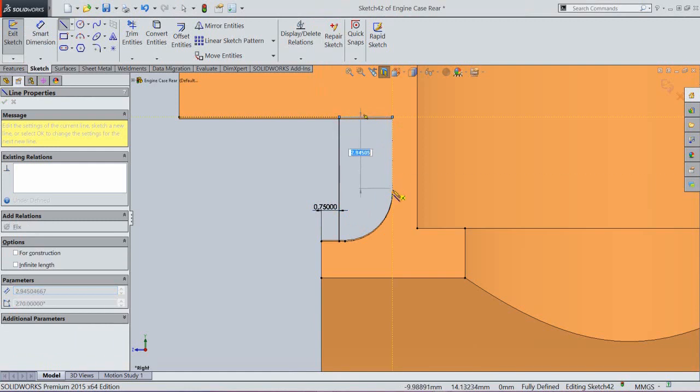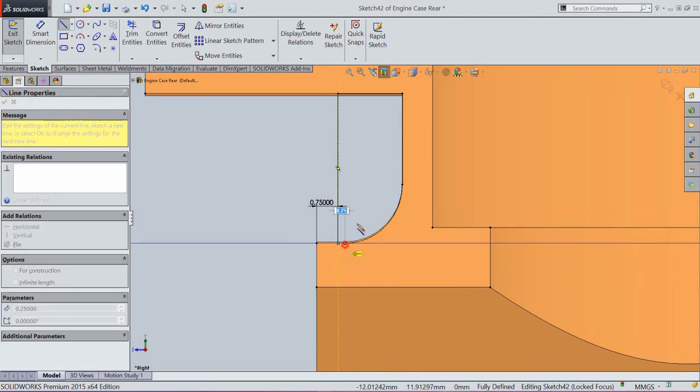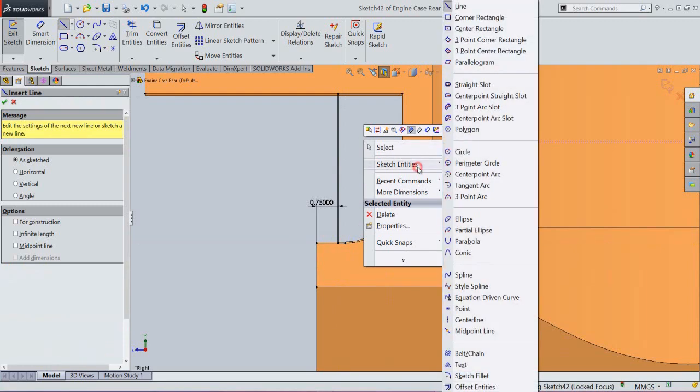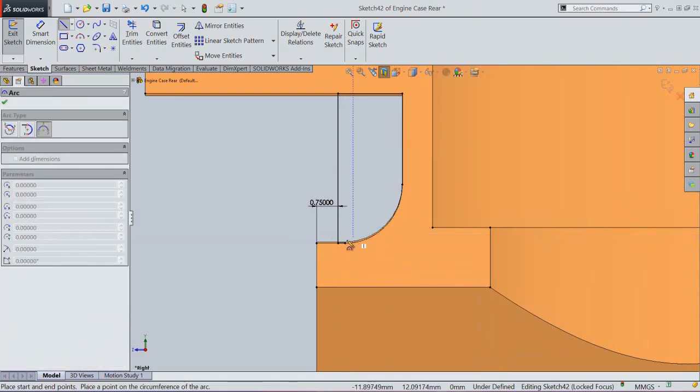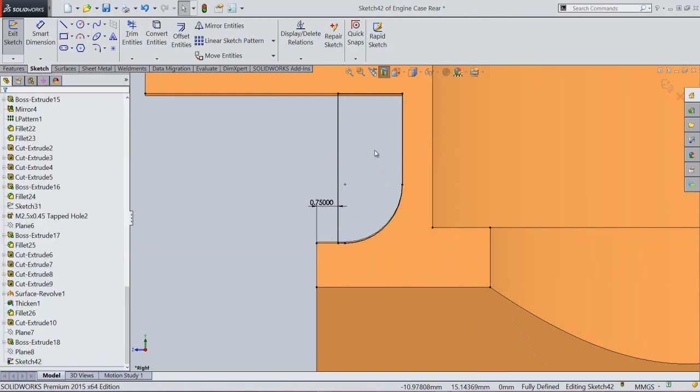Okay, create another line to close the sketch profile. Create an arc on this point. Now my sketch is complete, so finish the sketch.